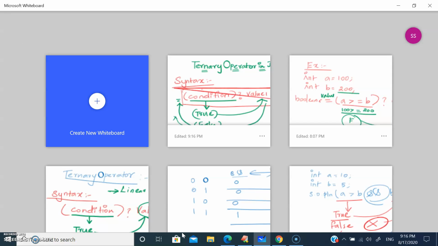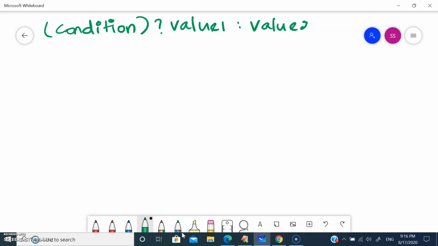Always remember the syntax is condition; if the condition is true, it goes for value 1, and if false, it goes for value 2. You can only have two values. You can't have more than two values in the ternary operator.